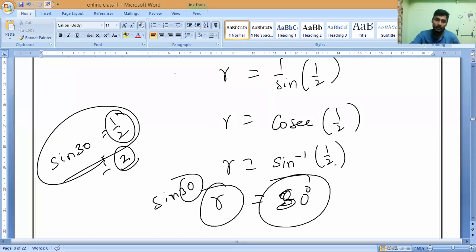Understand? 30. Clear? Yes, sir. 30 degrees. So that is a perfect value only they will give. 100% damn sure, a perfect value only they will give you. You need not get any confusion. If they give it, then what is our problem, how can we find it? Definitely they will give you an easy, perfect question. You need not find it.